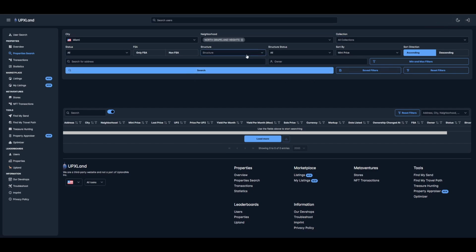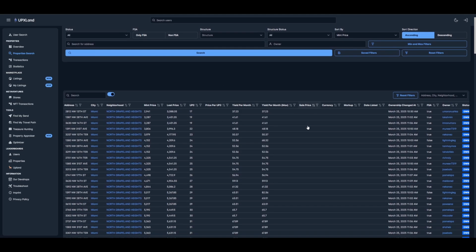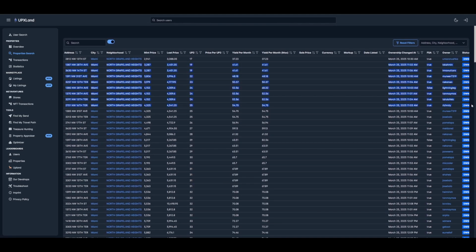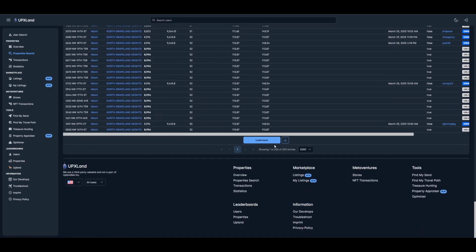I do have a UPXLand account, but if I start handing out data that I've paid for, they're going to get upset. We're not worried about structure. You could look at FSA or non-FSA, but I'll show you that's not important at the moment. I'm just going to leave mint price and so on. So just search. As an unpaid member of UPXLand, you only have the ability to display 200 entries at a